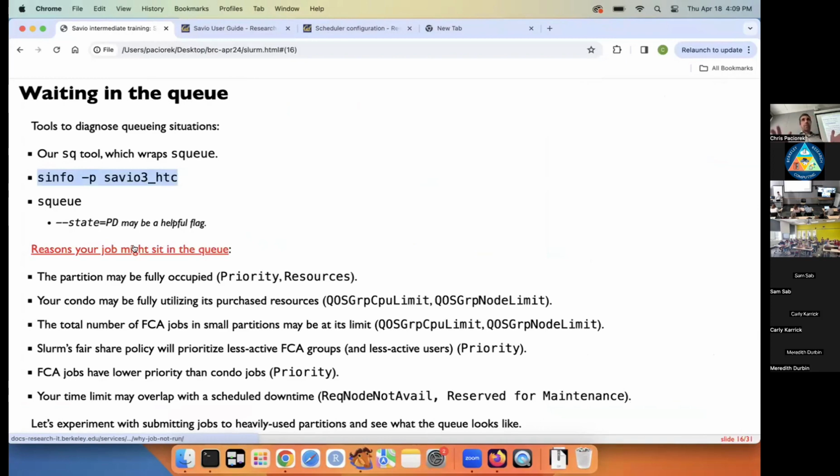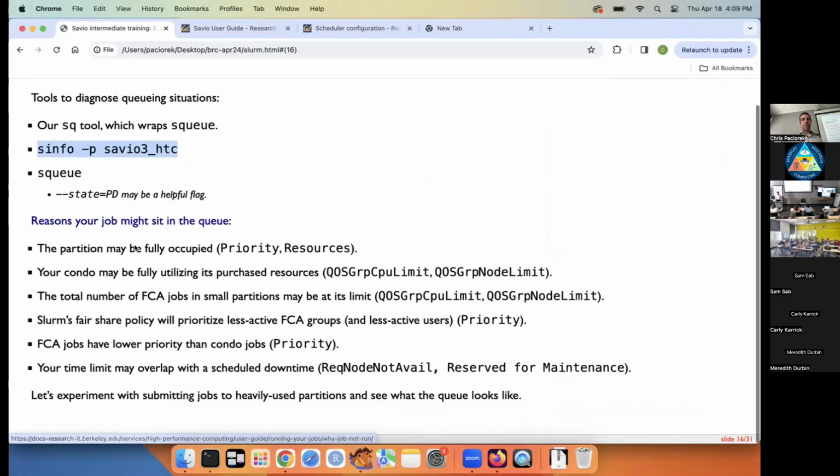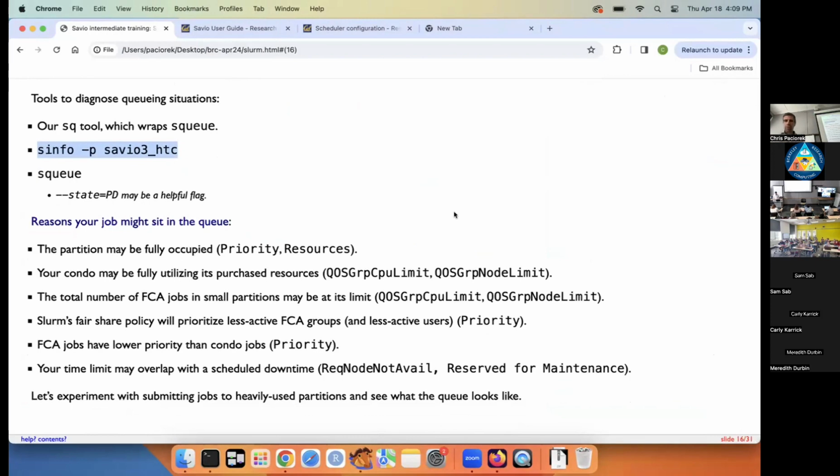And you can use the full word squeue command that we've been seeing already. Some of the reasons that you might see in the reason column for why the job is queued are priority and resources, which basically both amount to the fact that your job is sitting in the queue because there aren't enough resources available for your job to start yet. If it says priority, that usually means you're below somebody else in priority. If it says resources, that will often mean you're at the top of the queue, but the resources are not quite